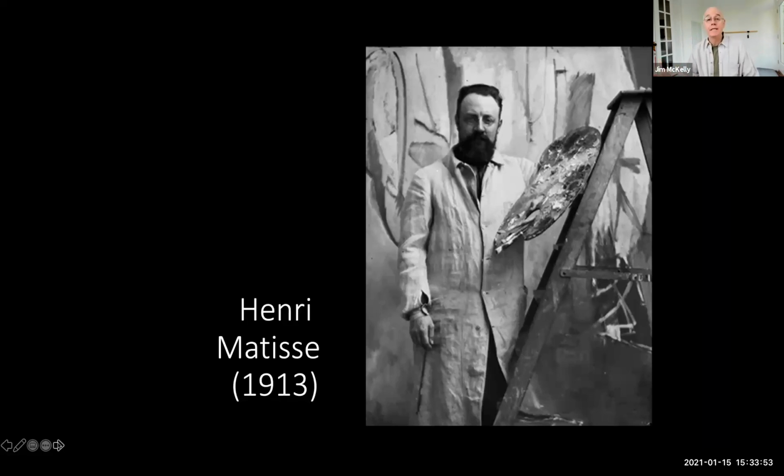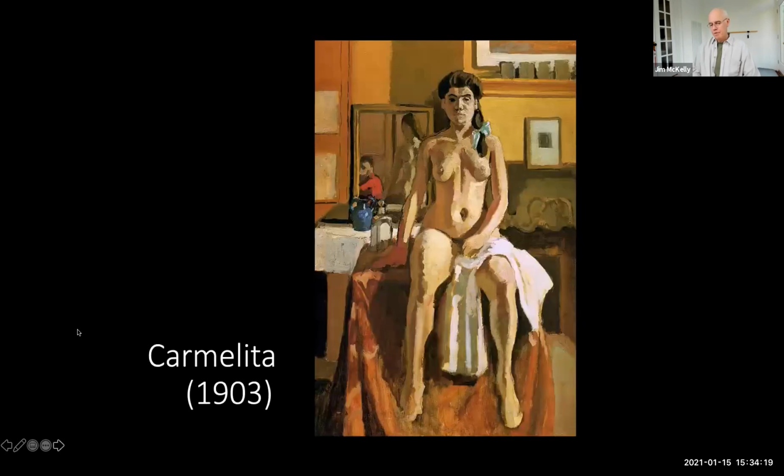So here's Matisse, right? It's kind of nice talking over Matisse's shoulder. Let's look at Matisse, 1913. That's what he looked like roughly this time period, right? So he's young. He's a younger man than Cézanne. I believe he's a little older than Picasso, though. Okay, there's a 1903. So this is Picasso. This is